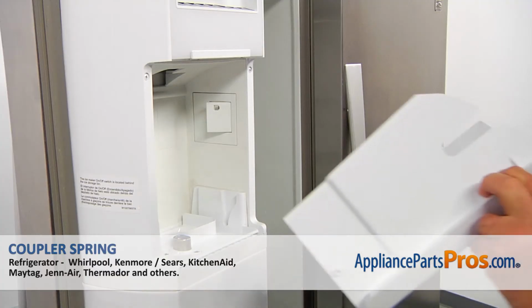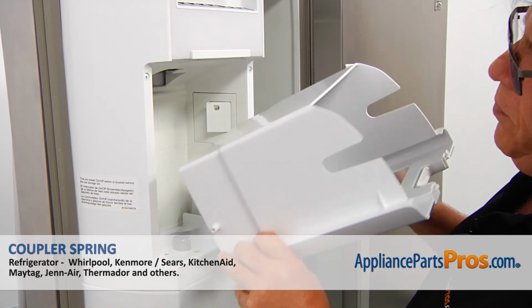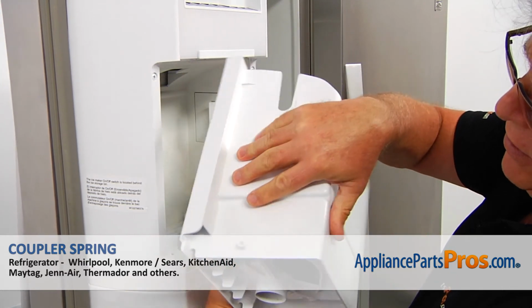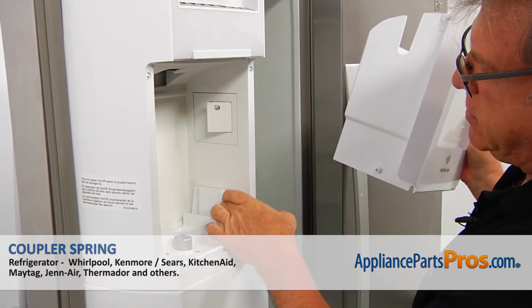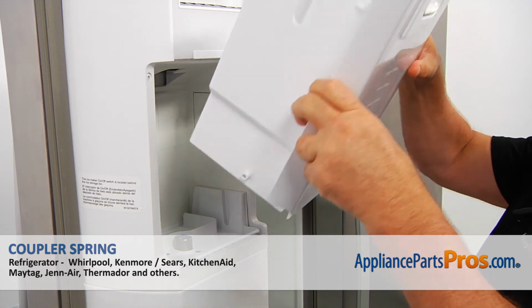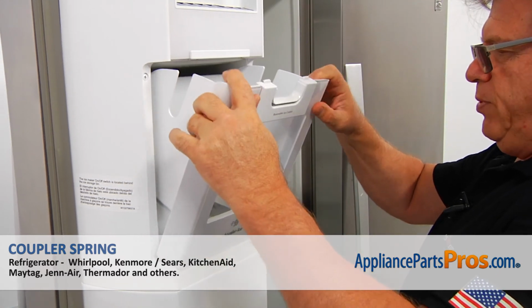And now we can install the ice container assembly back in. We'll have two posts here on the sides, and they are going to go into these cutouts. I'm going to put it in, drop it down, and